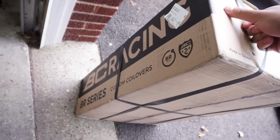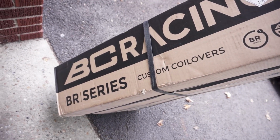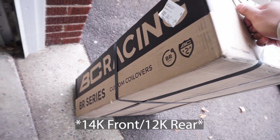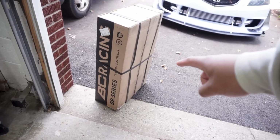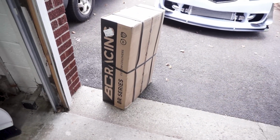But anyways, these are BC Racing coilovers, and these are actually custom spring rates. I think they're 12K in the front, 14K in the rear. I don't know if I'm gonna be putting these on before the season ends or after, but these are the new coilovers. I'm hoping that they do really well and help me with autocrossing and with dialing in the suspension a little bit here and there. But we'll see what happens. So that's gonna be added